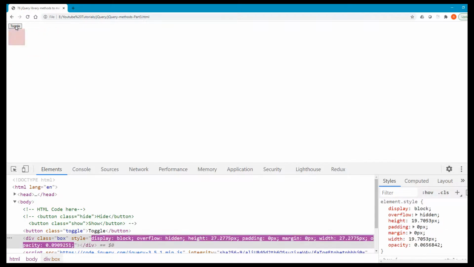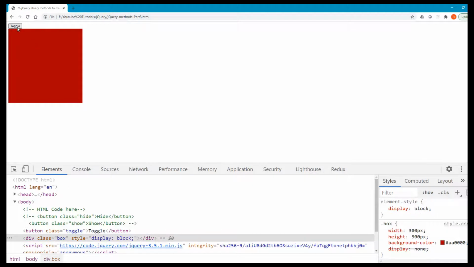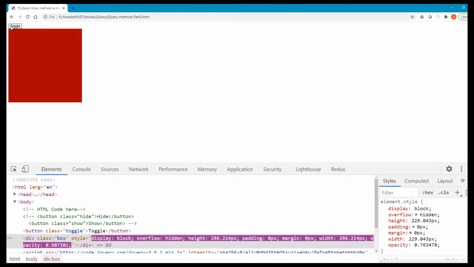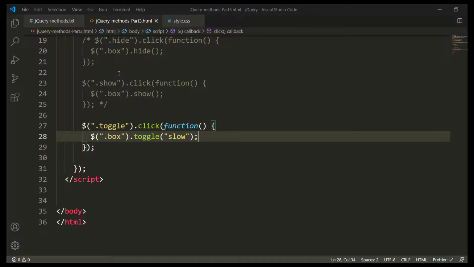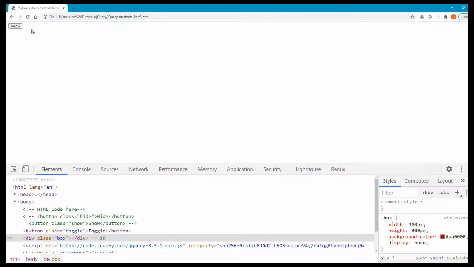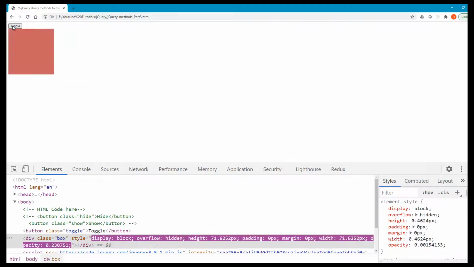If I toggle, it will always animate from the top left side of the element, which is the default way, going from left to right. So what if I change slow to fast? If I write fast and refresh, you can see it does that very quickly.